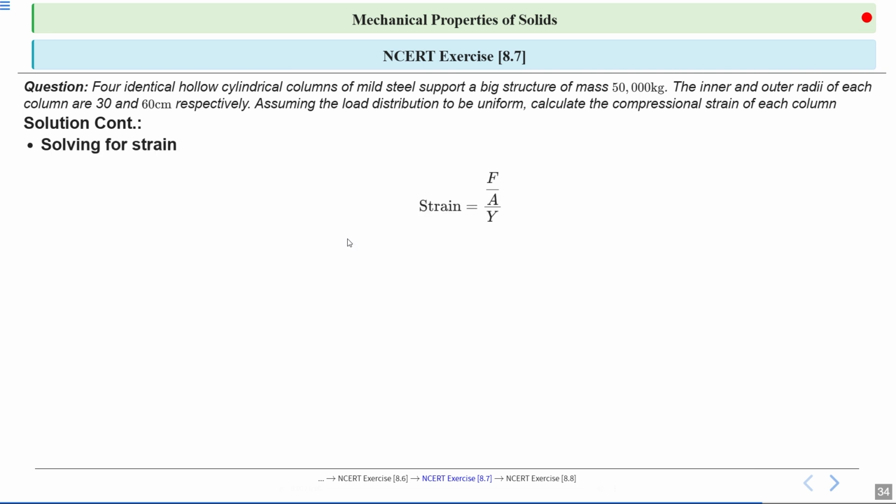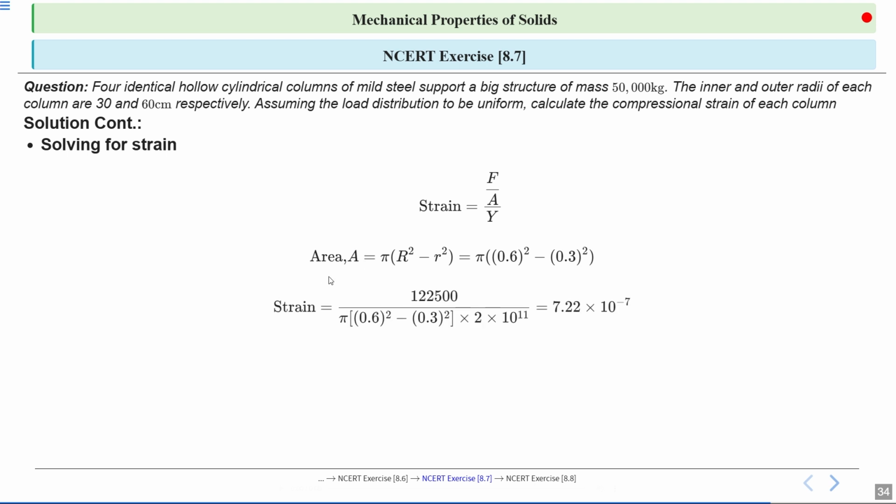So first recall what strain means. Strain is the ratio of change in length to the original length and it's a measure of deformation. The formula we are using here is strain equal to F by A divided by Y. So we know area equal to pi into R square minus r square. So just put the values, you will get pi into 0.6 whole square minus 0.3 whole square. So solving this expression, you will get